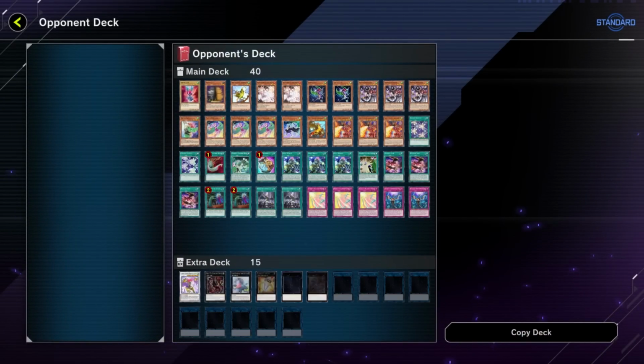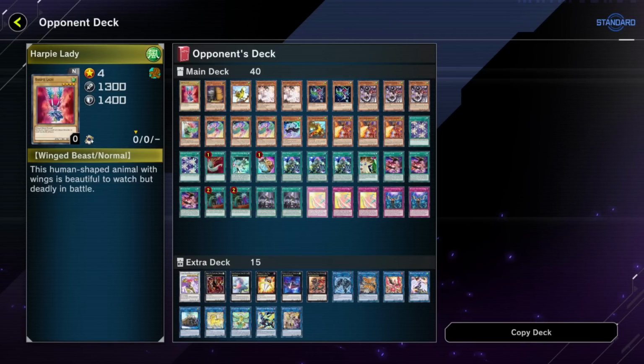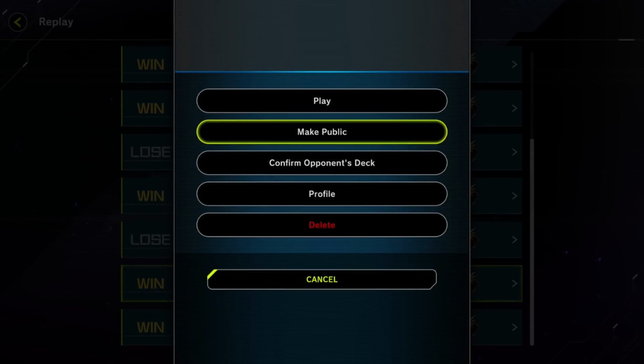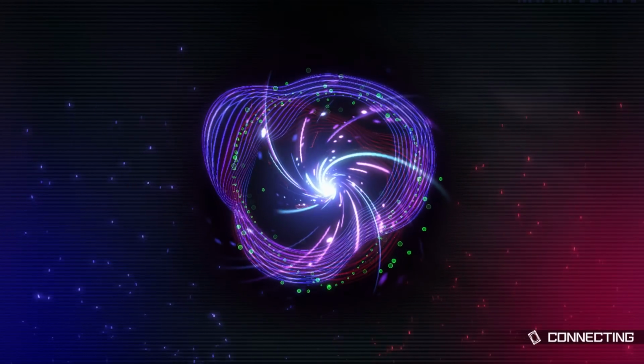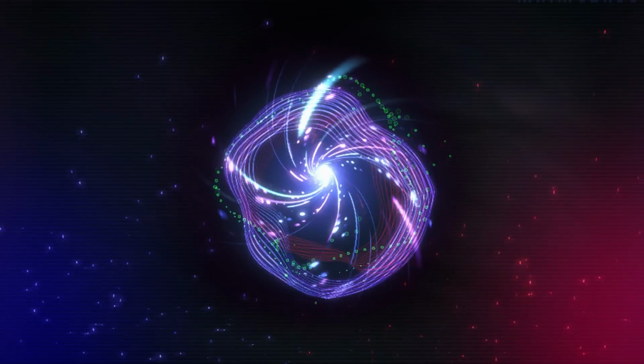Alright, so this game we're playing against straight up Harpies. That is, for some reason, using a vanilla Harpy Lady over Harpy Lady 1. Maybe there's a reason to do that. I don't know, maybe there's an effect that says if you got the OG Harpy Lady, do something else. I know nothing about that archetype, so...